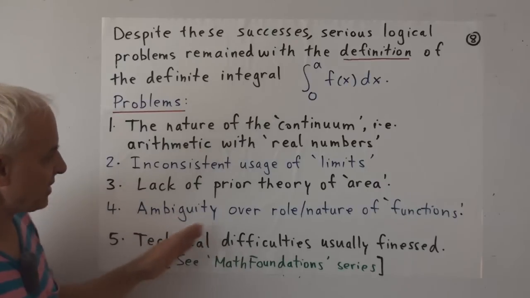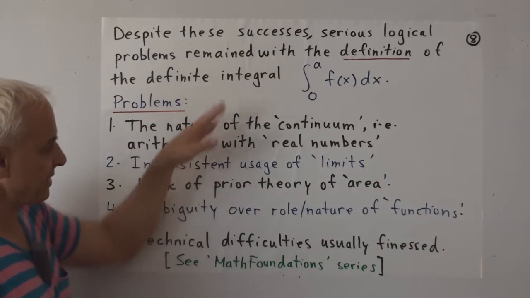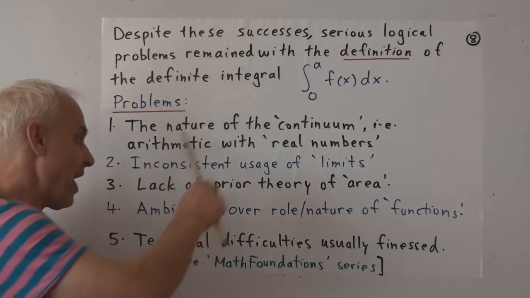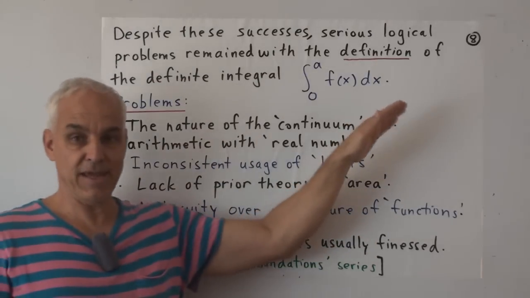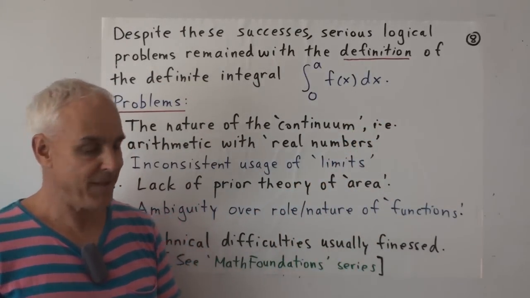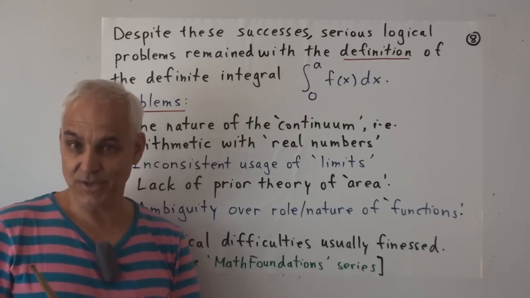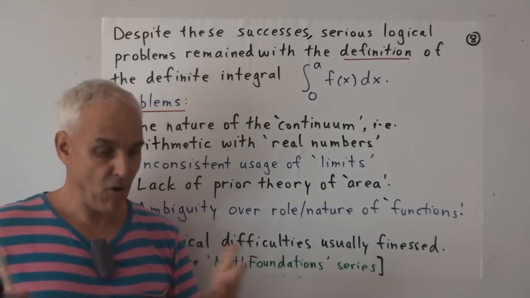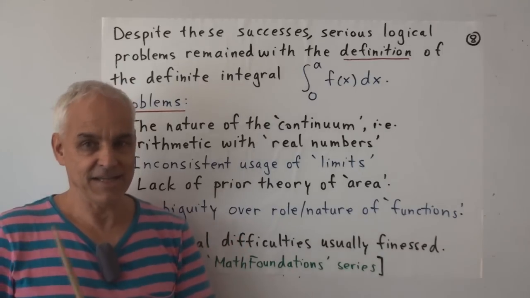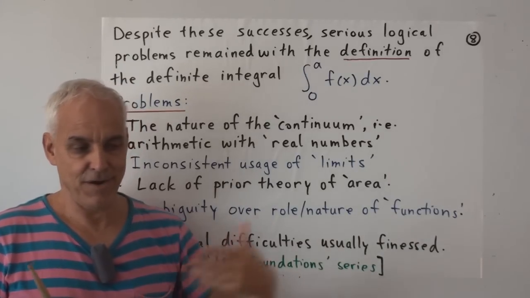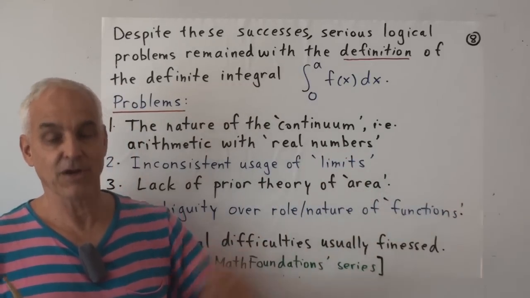Right? So it's easy enough to give a picture when, say, the graphs are increasing and nicely continuous and so on. But when the graphs are going up and down, when the graphs go under the x-axis and become negative, then there are all these technical difficulties that arise if you're going to do things carefully. And most first-year students do not see these technical difficulties. Okay, they are finessed.